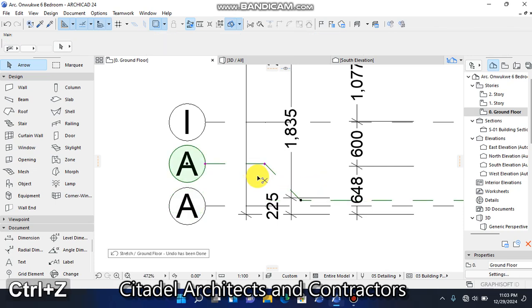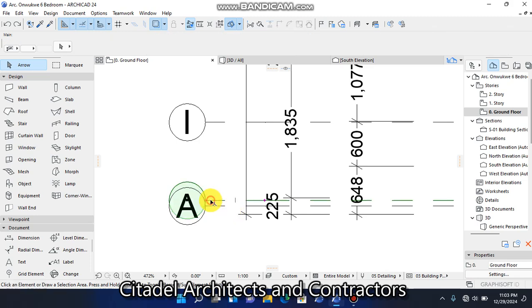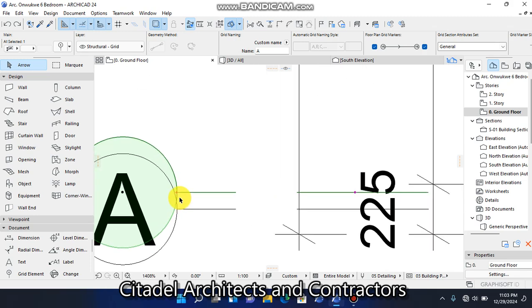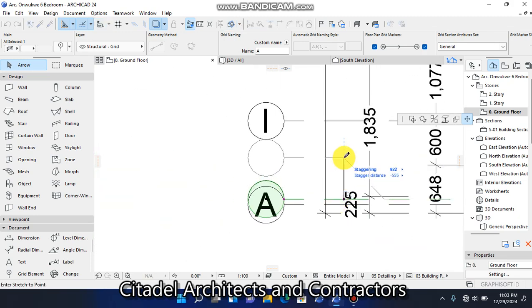Let me go back again, Ctrl Z. I've selected that one that is hiding at the back. You see this button, see this purple head. There are two here, so select this other one now. Click on it, then you drag it